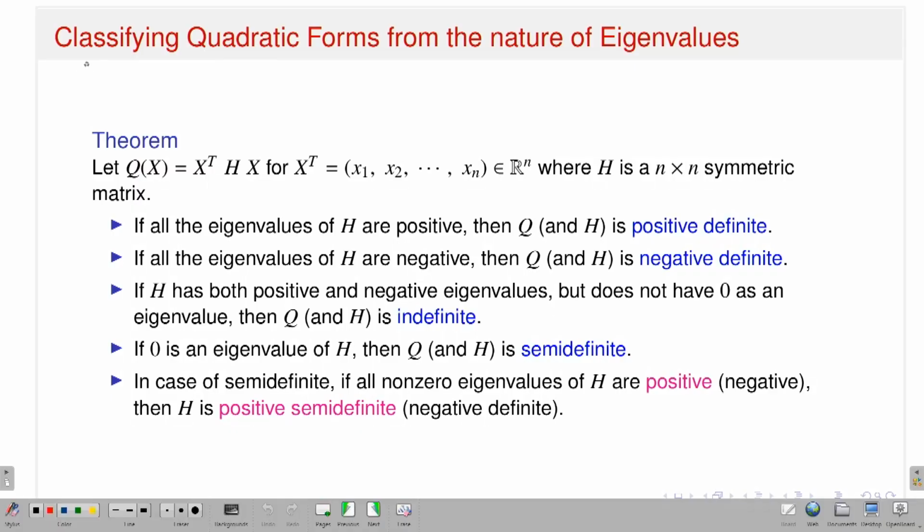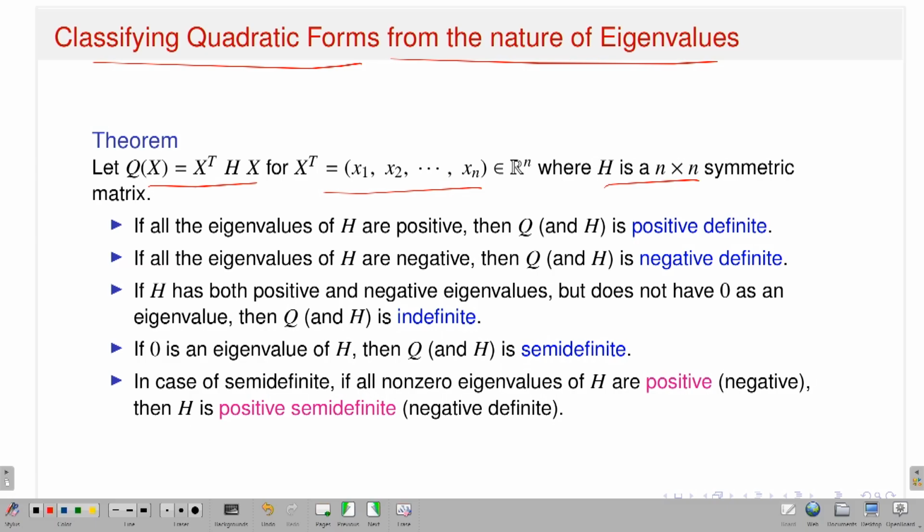Now, as I promised, I should classify my quadratic forms in terms of the nature of the eigenvalues. Because a symmetric matrix is associated with the quadratic form, the title I have written is: classifying quadratic forms from the nature of eigenvalues. So what is my quadratic form? I have written it as a theorem. If I have a quadratic form Q(x) equal to x transpose H x, starting with a symmetric matrix H of size n cross n, where x is a point in R^n,